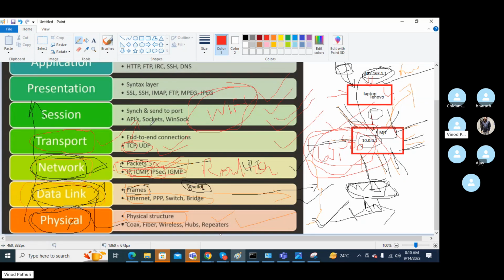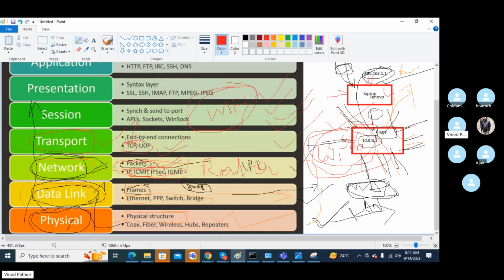Suppose you send some data, like if I say hello and I receive a hello back, that is an acknowledgement, right? TCP is like that. Whenever you send some data, it will wait for an acknowledgement from the other person.